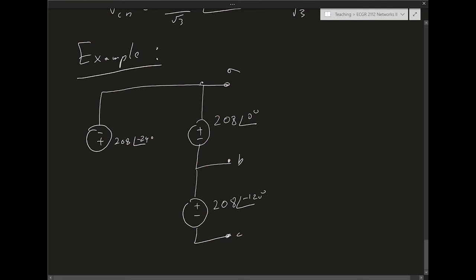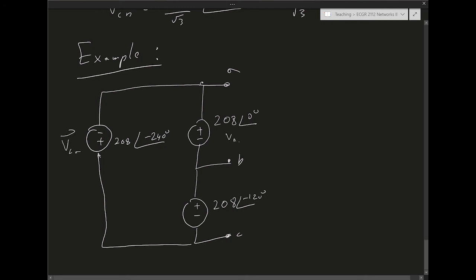Those 120 degree angle shifts between the phases must always hold for a balanced three-phase system, right? And then the third phase is 208 minus 240 degrees. So this is VCA,